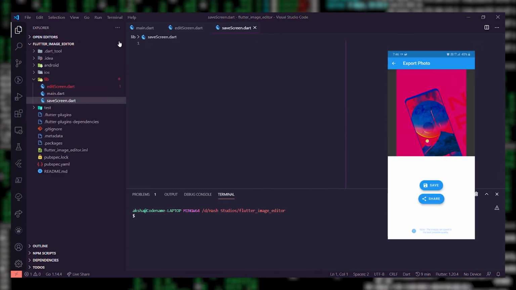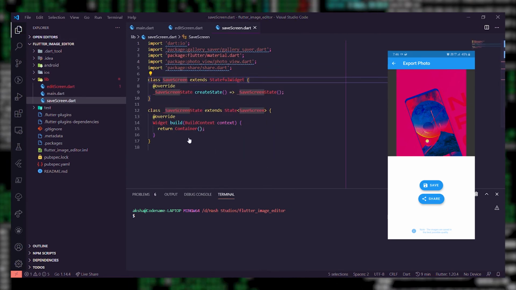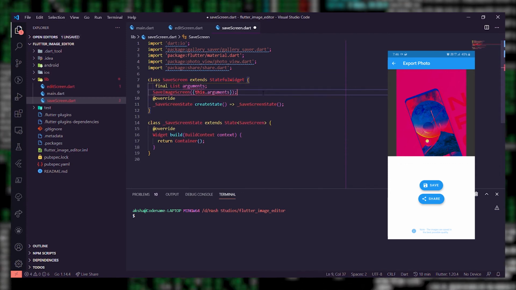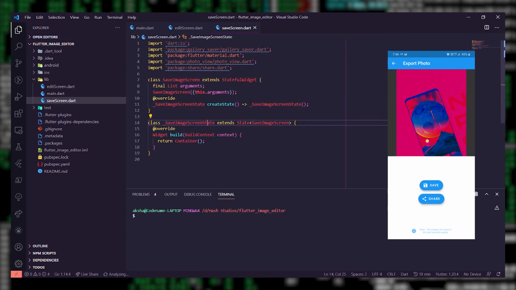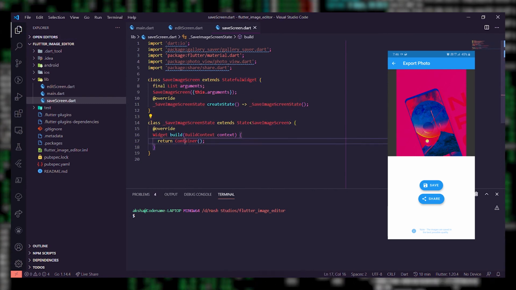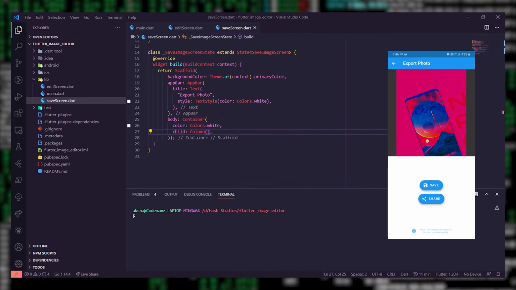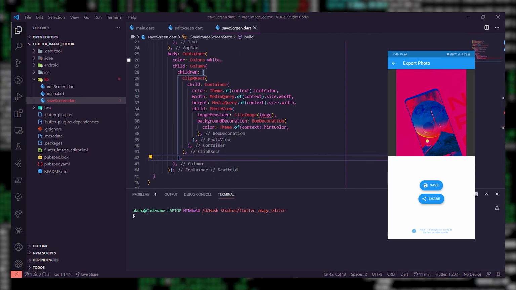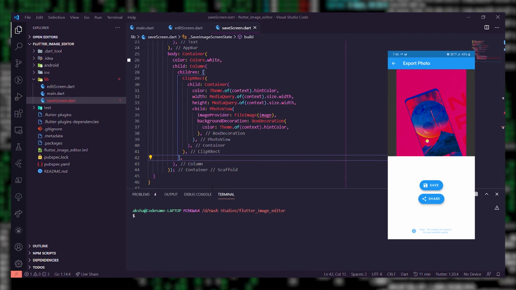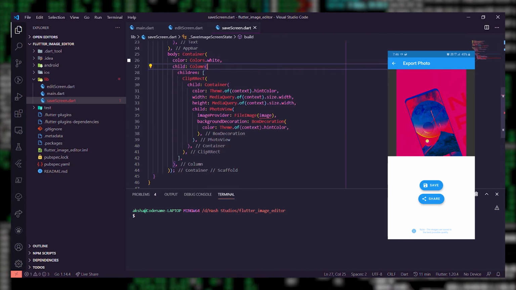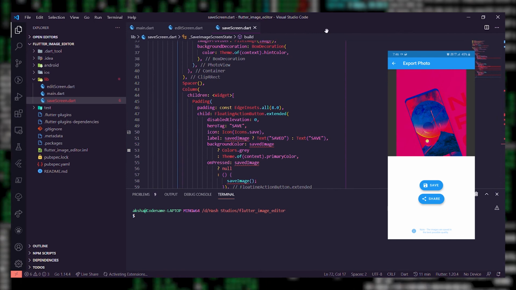The save screen is the page where we show users the final processed image and let them decide on whether to save this, share this or anything else. So like every time, first let's create a stateful widget called save image screen. Now in the build function, we will be using a column to create the UI. Inside the column, we will be using the photo view widget to display the final image which has been passed on from the edit screen to this screen through arguments. Then we will create the 2 floating action buttons, save and share.